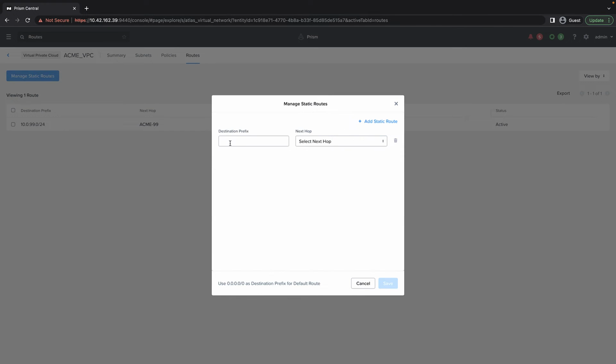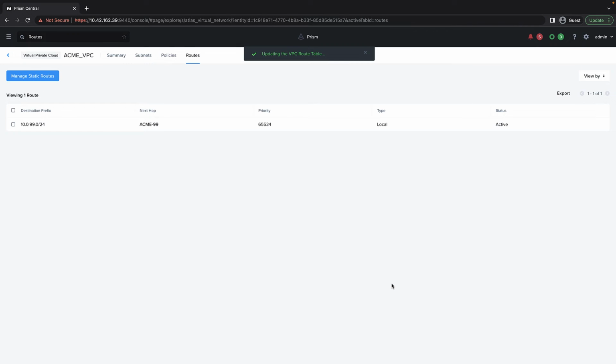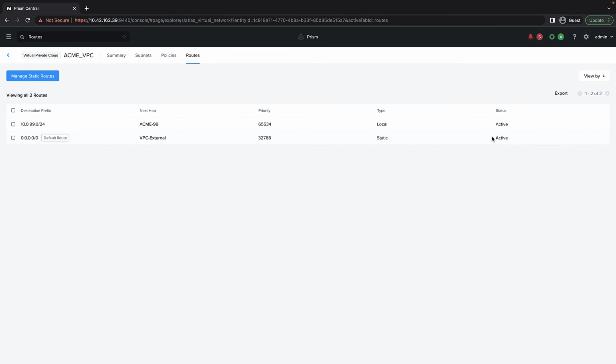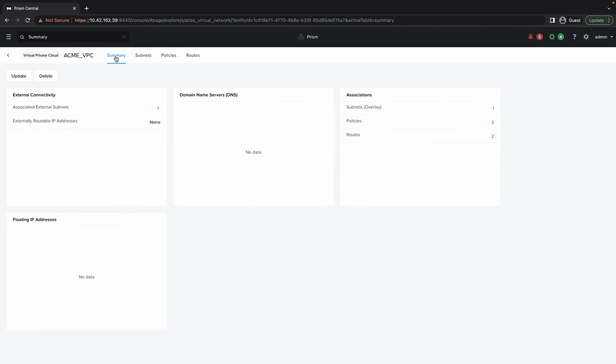So let's create a default route now. I'll add an all route statement and select my external network as my next hop. It's that simple. Now we see the default route is there in the VPC. This route now gives the VMs attached to our VPC subnet a route to destinations outside of the VPC. At this point, any VMs communicating out of the VPC will be using SNAT, all behind the same external network